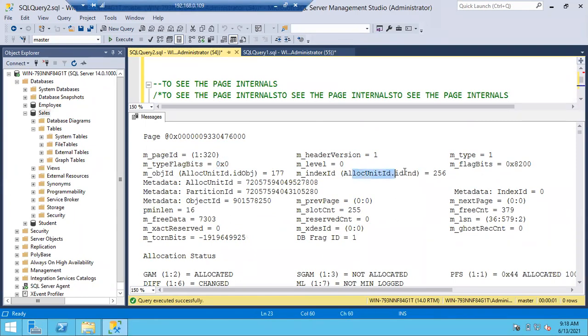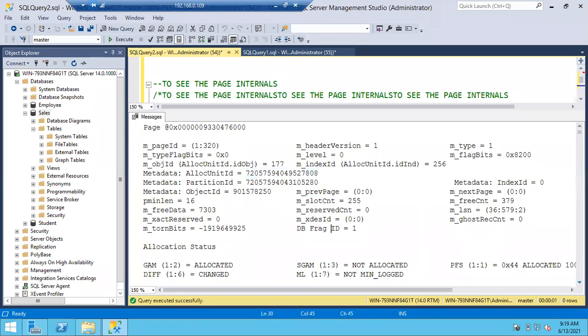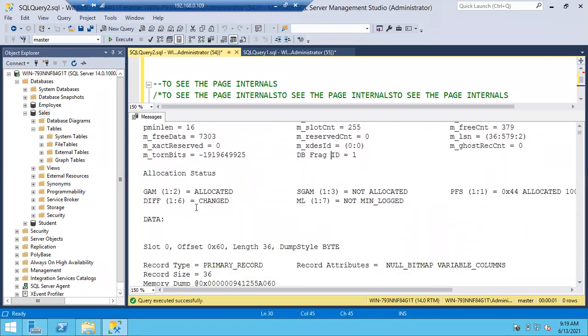Allocation unit ID 256. Allocation unit ID means your object ID. And free data, this much free data, torn bits, flag bits, fragmentation ID. Somewhere you can see the free percentage. And this is the allocation status.